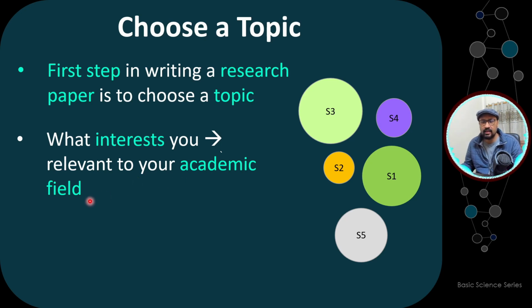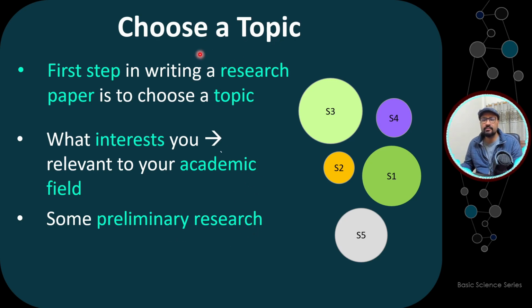So it's important that the academic field area is merging with the interest and the topic that you're selecting. And I'm sure that is going to happen because this is how you select the particular area to study on, right? That is how you select your academic degree or academic qualifications. Next is some preliminary research. So if you have done some preliminary research, then it's very, very easy to find out a particular topic.